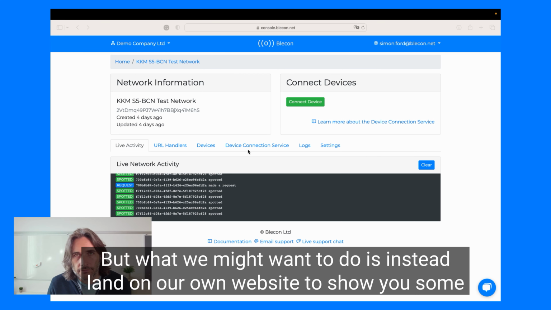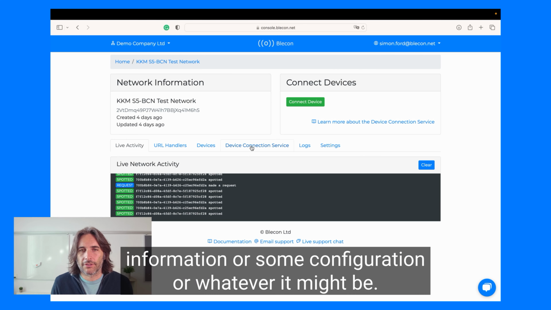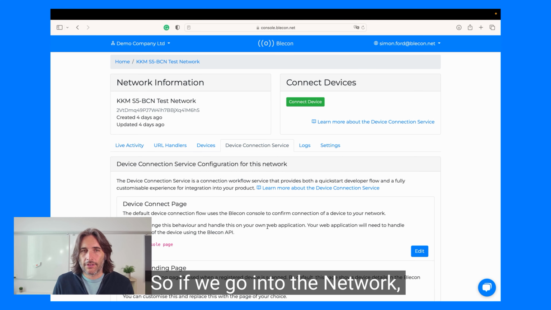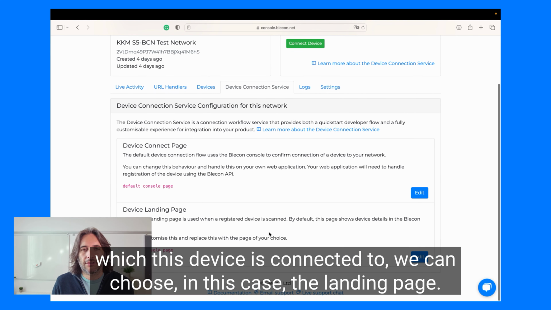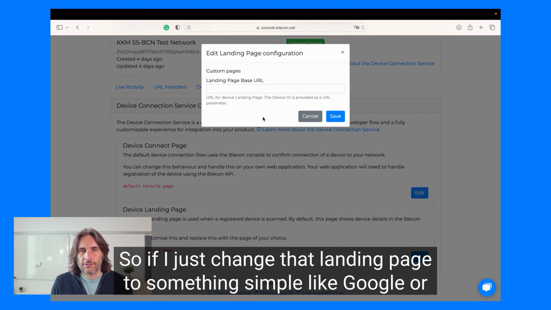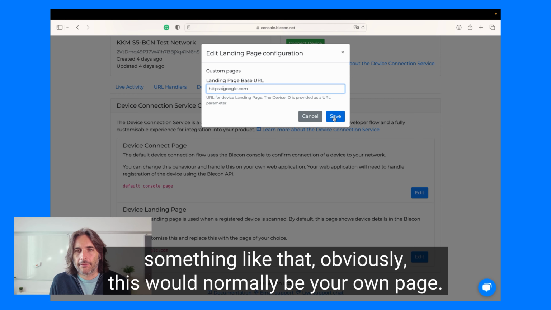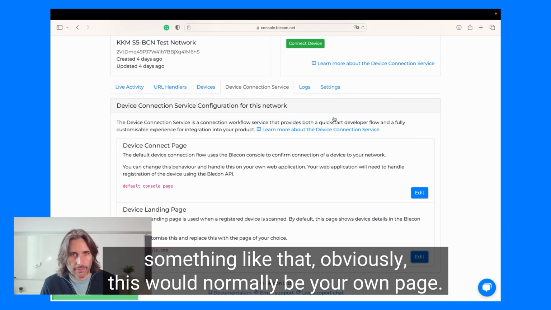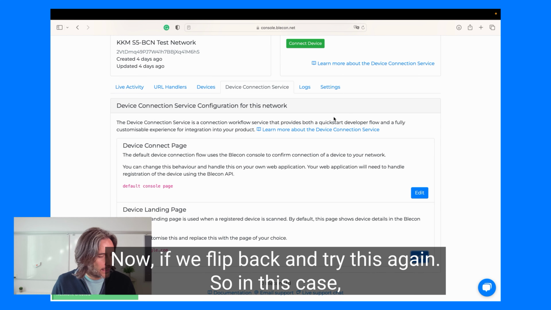But what we might want to do is instead land on our own website to show some information or some configuration or whatever it might be. So if we go into the network which this device is connected to, we can choose, in this case, the landing page. So if I just change that landing page to something simple like Google, obviously this would normally be your own page. Now if we flick back and try this again,